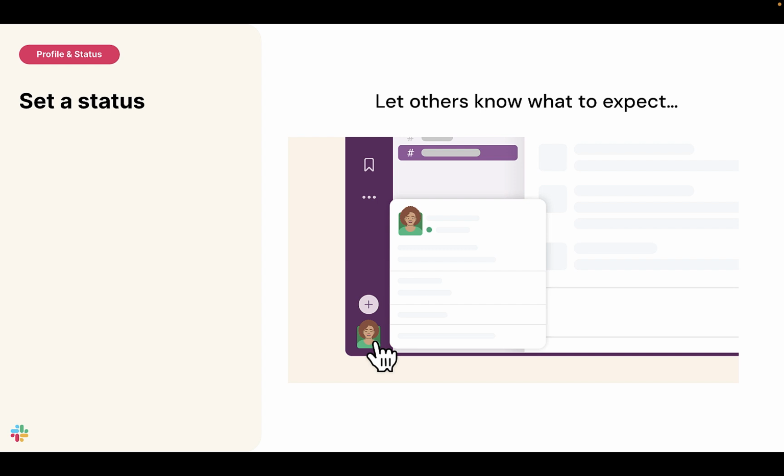Updating your status in Slack helps your colleagues and partners know what you're up to and when you'll be slow to respond whenever you step away from Slack. You can use the custom status in Slack to manage your coworkers' and partners' expectations. Your Slack status is also an easy way to share what you're working on or whom coworkers should contact in your absence. To do this, just find your profile photo in the bottom left and adjust the status field.